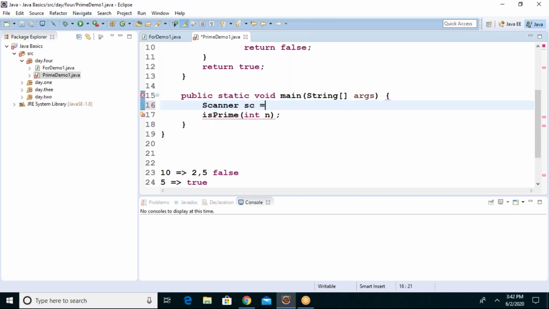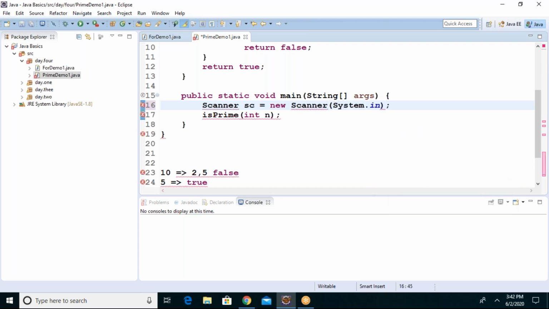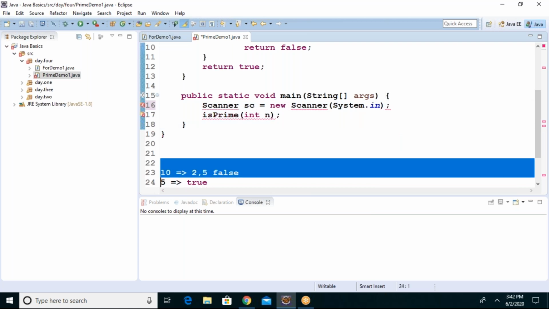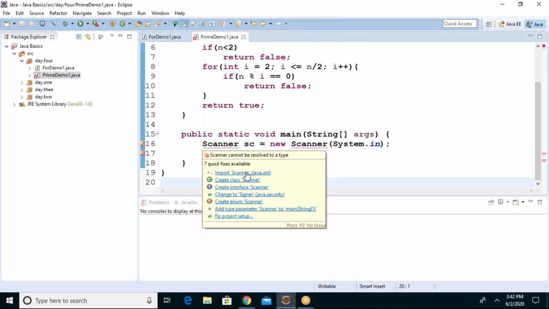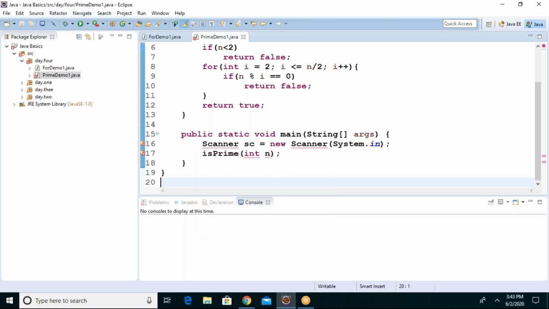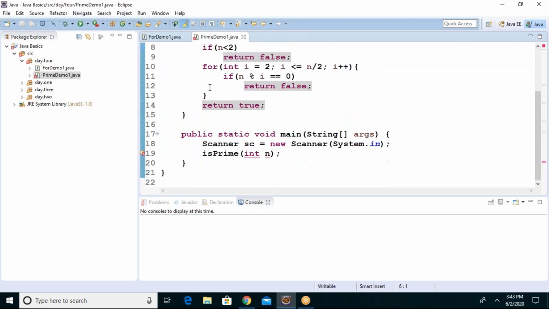Scanner sc equals new Scanner(System.in). Now first I remove all this. Now you can just put the import. Why do you need to import? Because this belongs to the util package, so you must import it by placing the cursor. The error is gone. This is imported: java.util.Scanner at the top.